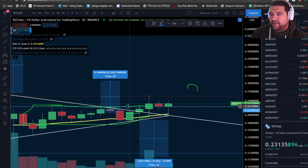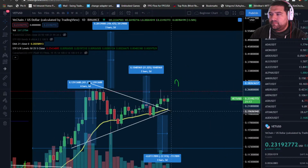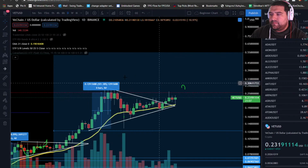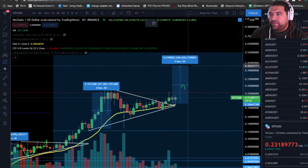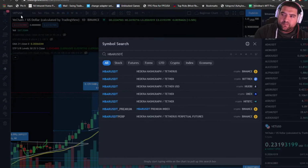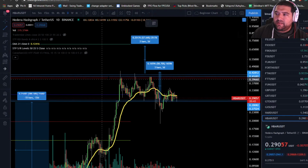It is. That's what the chart says. VeChain, about 100% measured move from here. And looking pretty close to that 40-50 cent territory. Yeah, we can look at HBAR. Holding the support on the daily. And this looks like a